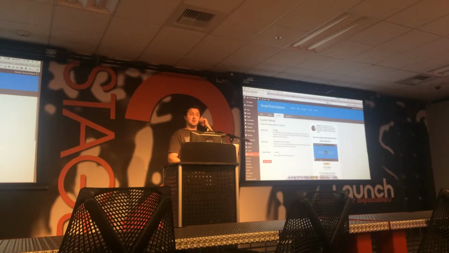The one other piece I like to have is under counters. I like to show the share count. If you have a complete ghost town and nobody's sharing your stuff, you probably don't want to turn that button on because you look kind of lonely. It shows a bunch of zeros across all your share buttons. But I'll show you a way how to get those too.